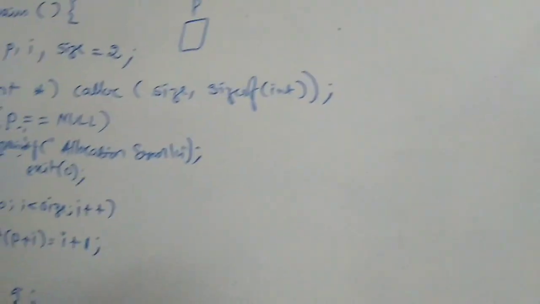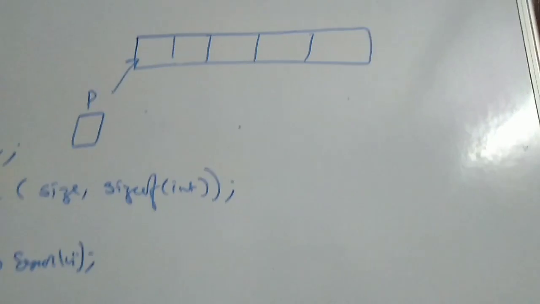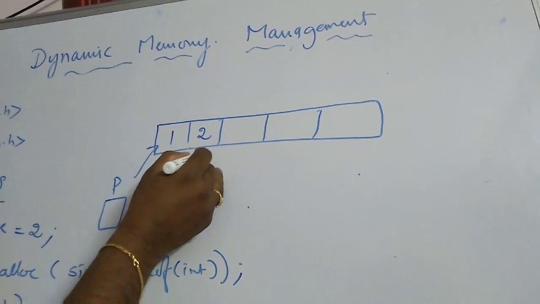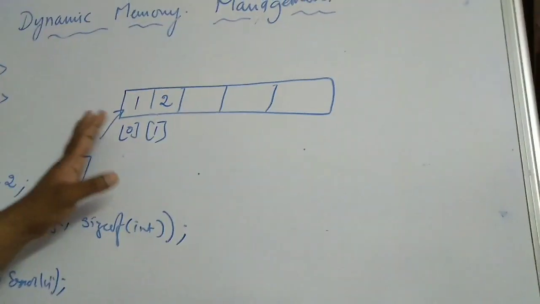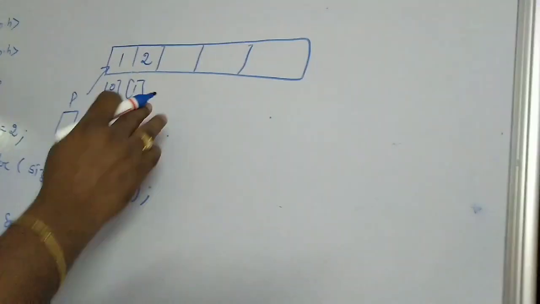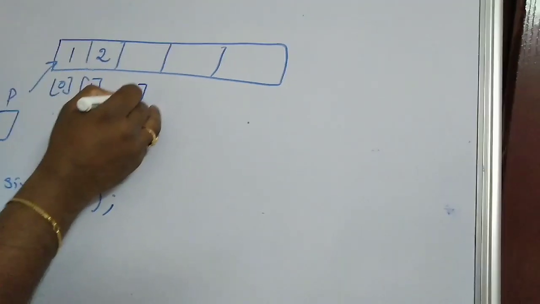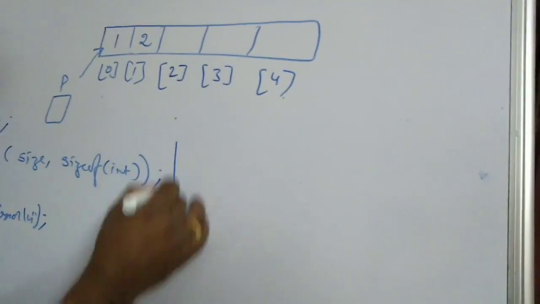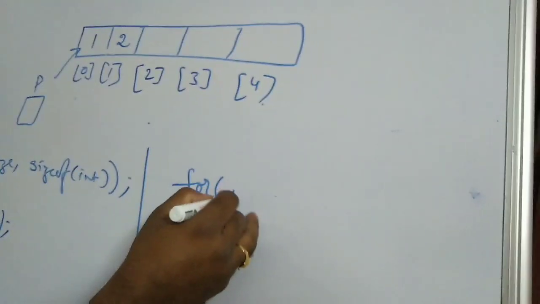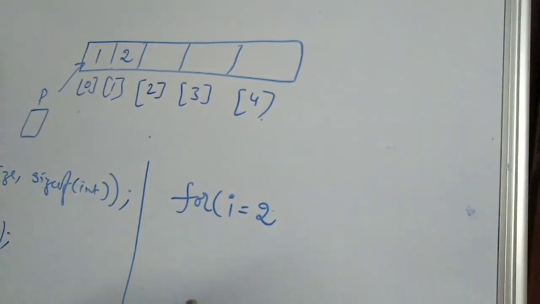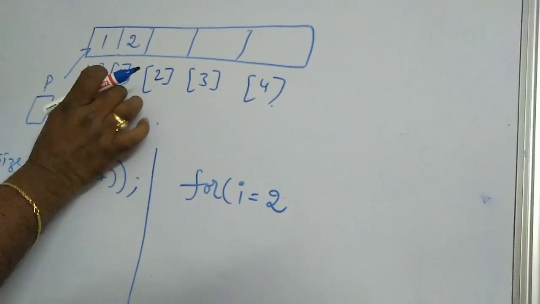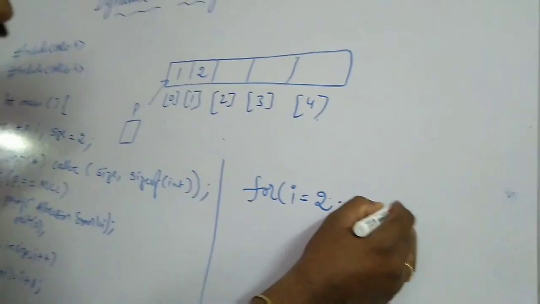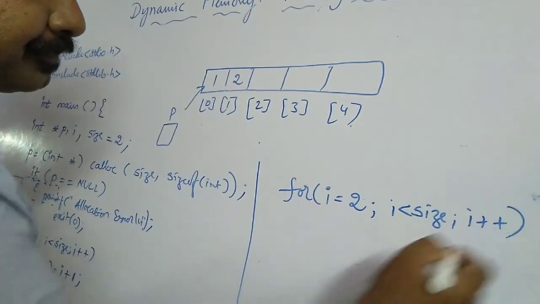Okay, 5 elements. Now I will store the elements into the rest of the locations. Already there are 2 elements, that are 1 and 2, at index 0 and 1. Now without changing the previous 2 elements, I will store the next elements in the remaining 3 locations, that is index 2, index 3, index 4. You can do that with this simple for loop. For i will start from 2, because we have already stored the values at index 0 and 1. So I am taking the initial value as 2, i less than size, that is 5, i plus plus.